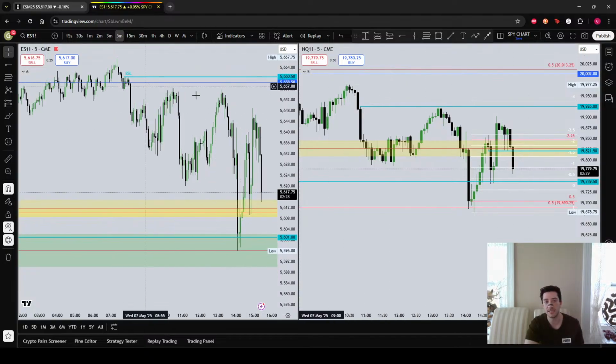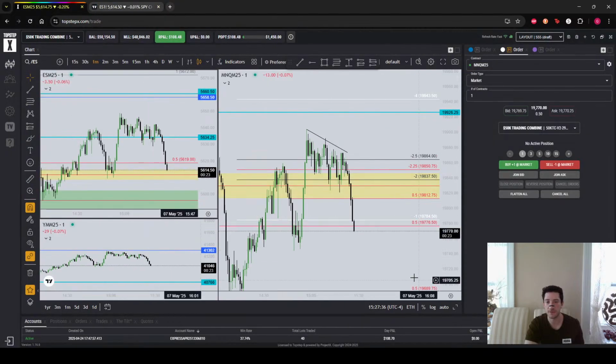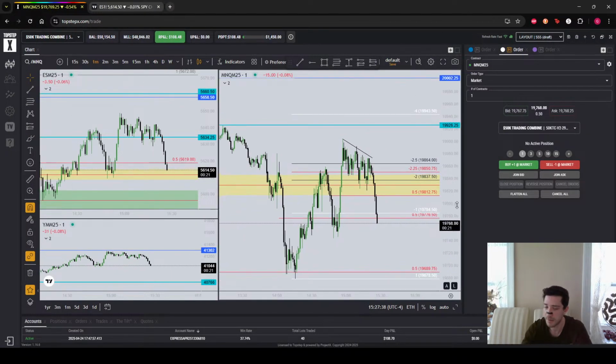So this is an obvious draw. This is an obvious draw. This is an obvious draw. So maybe my timing's just wrong. Maybe I should have just held that down trade. But I'm still sort of bullish. I mean, we just dusted like 300 and 400 bucks, which is super lame.